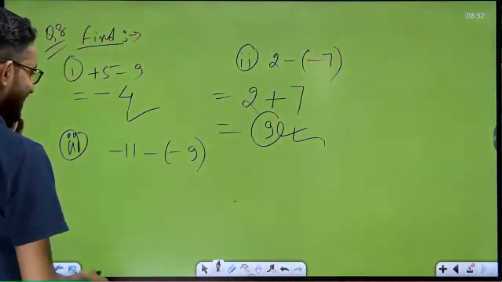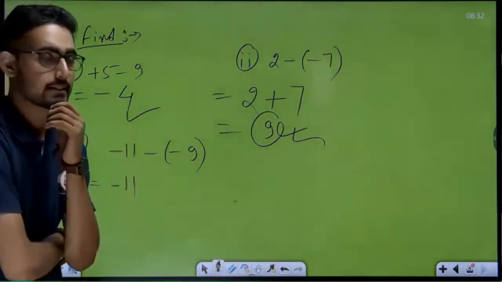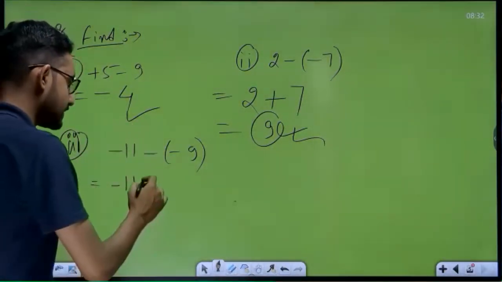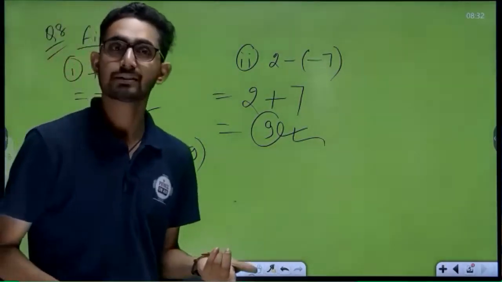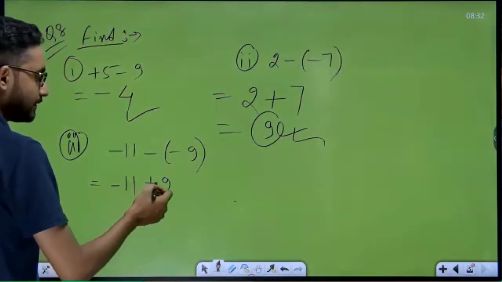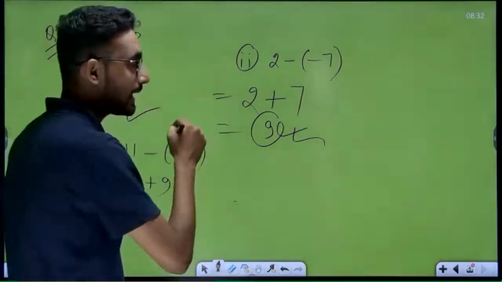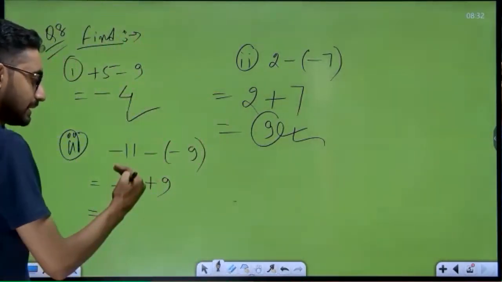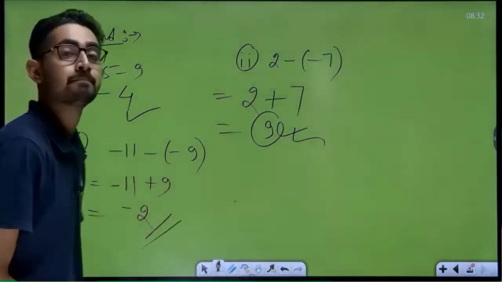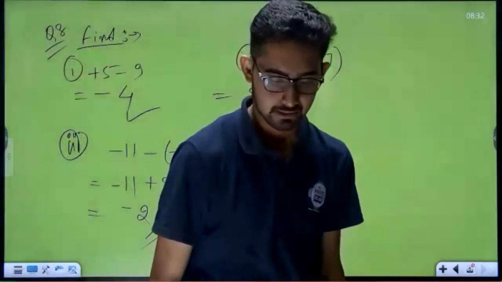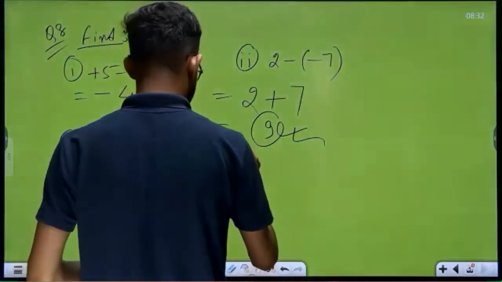Okay, so here in question number third part, write down minus 11 first of all as it is, and minus minus, that is plus. Correct? पता है ना आपको minus minus क्या होता है? Plus we can say. So write down minus 11 plus 9 is equals to minus plus minus, and greater number minus smaller number, that means 11 minus 9 is equals to 2, and before bigger number minus sign, that's why your answer will be minus 2.